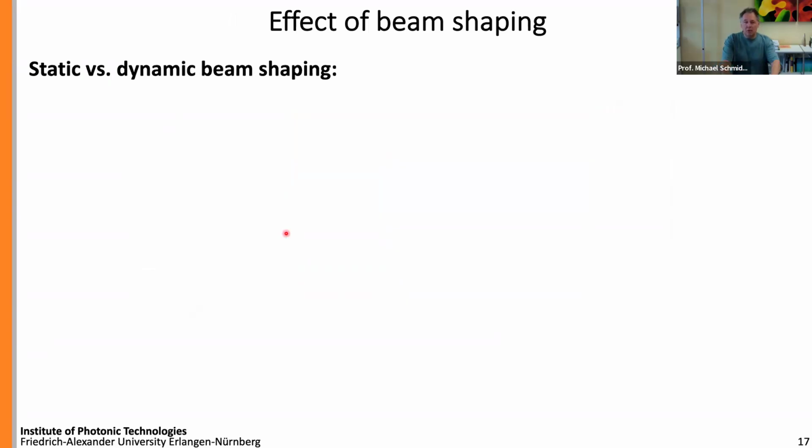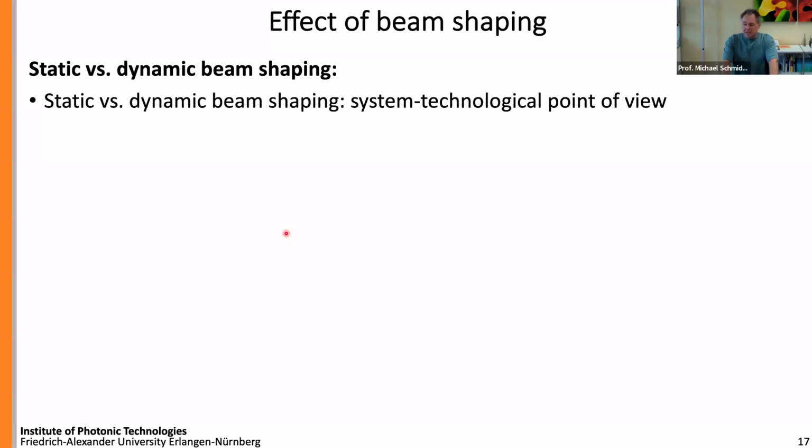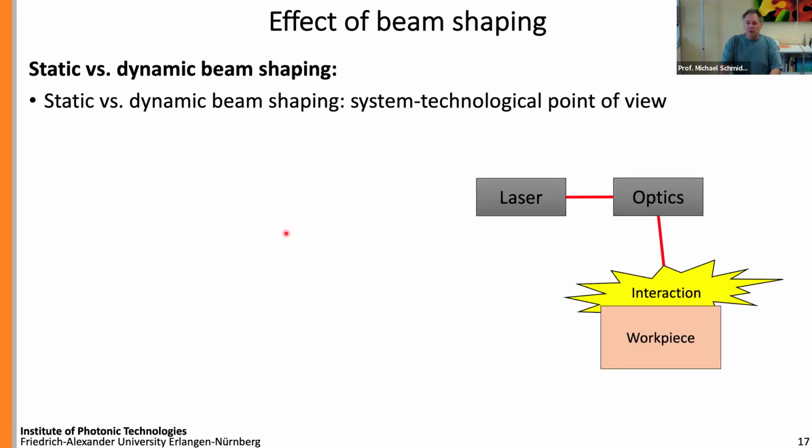Let me give you a remark here on that point. Very often we speak about static beam shaping and dynamic beam shaping. As a process researcher, I wondered a bit about that. Why? Because this is a systems technological point of view. You have your system with laser, optics, and workpiece, and then you might think, okay, my optics just include a scanner, but I don't manipulate the intensity distribution of my laser beam, so I might have static beam shaping, just moving around the beam. But I've shown you a few slides earlier already that this is not true,